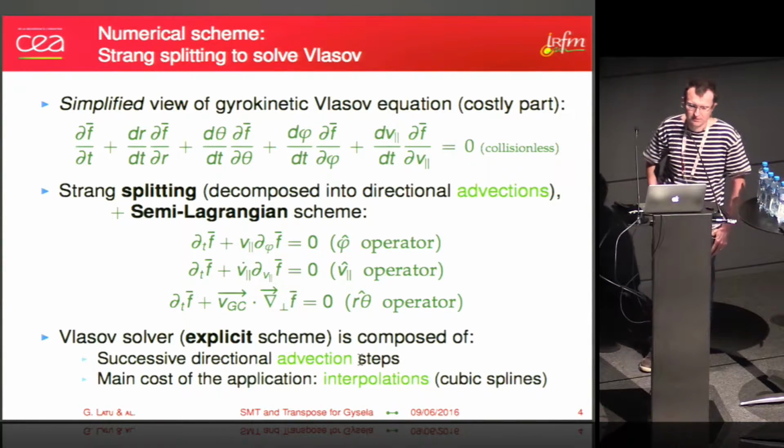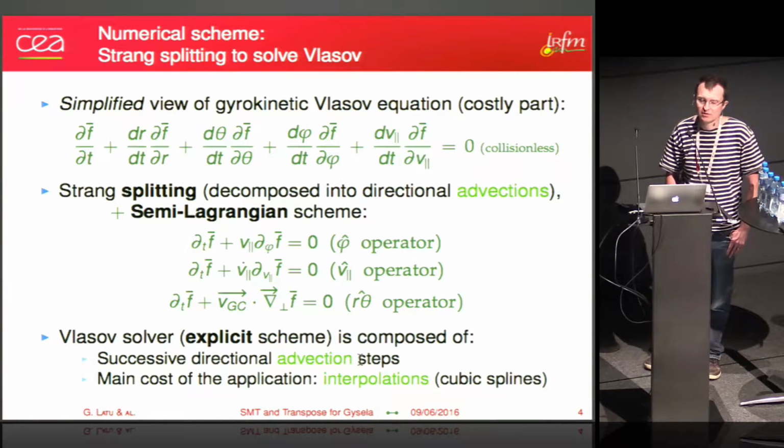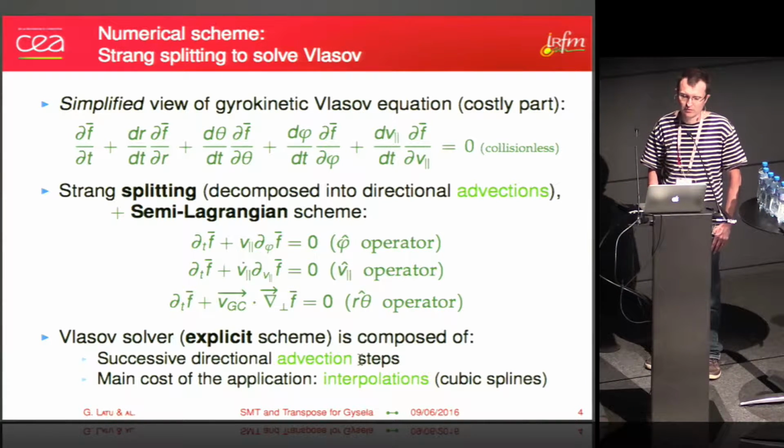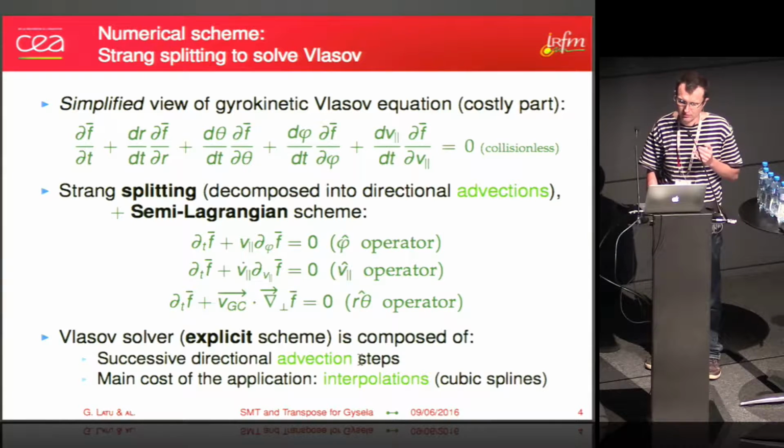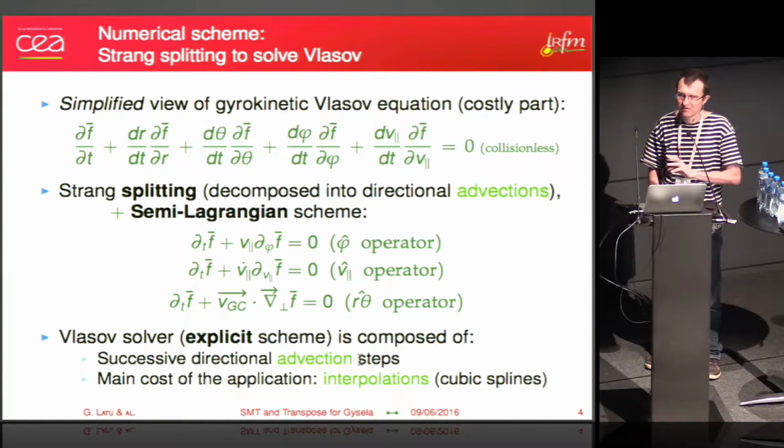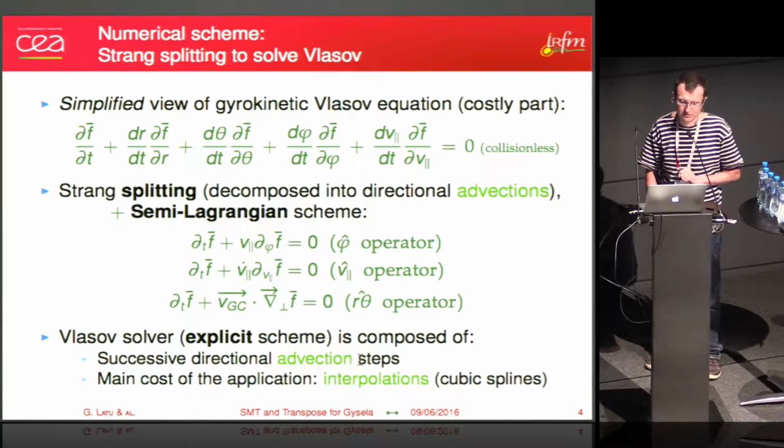So how is it solved? Here, for simplification, I will consider only the Vlasov part, with no right-hand side term. So you have mainly transport equations. And we use a strong splitting. What does it mean? We have directional advections. Here you see 3 simplified advections: advection along the phi direction, advection along the v parallel direction, and an advection along the r plus theta dimensions. So the big Vlasov equation is solved